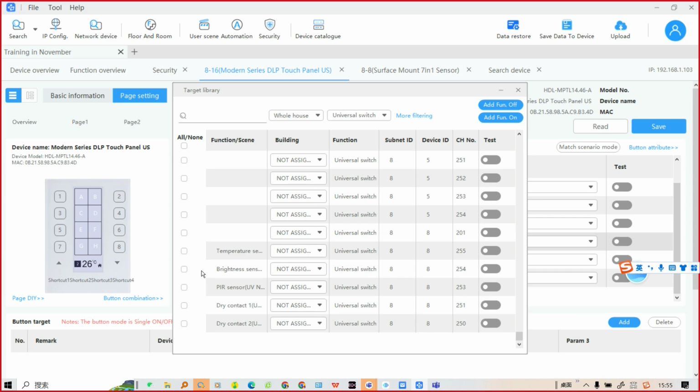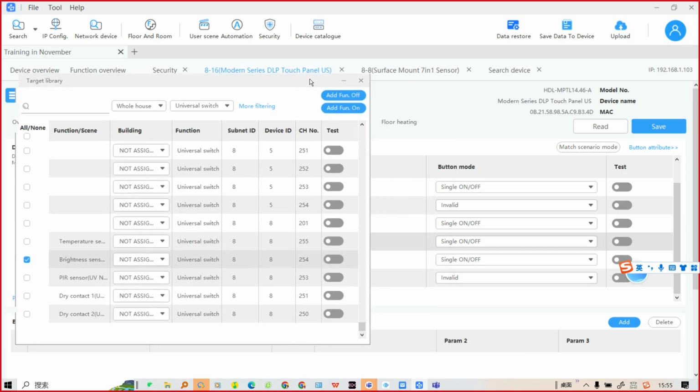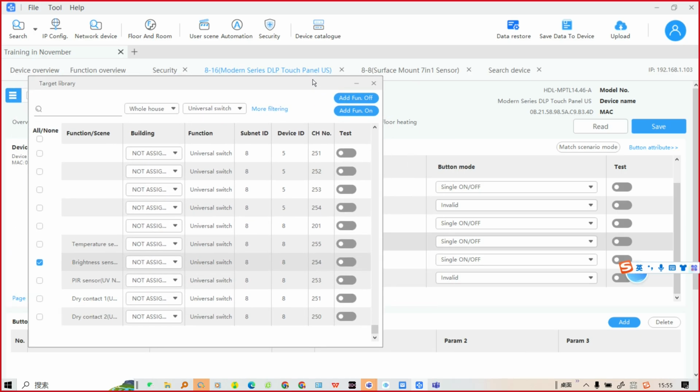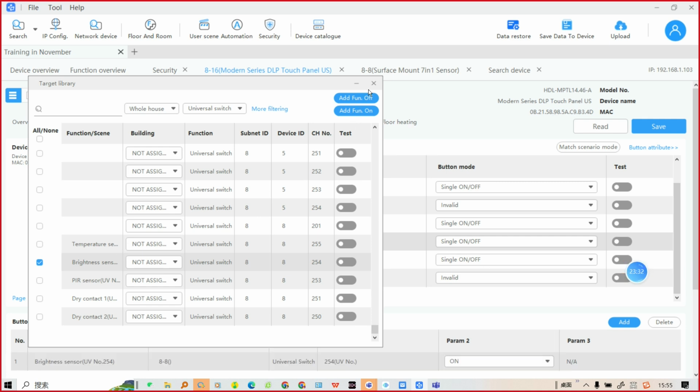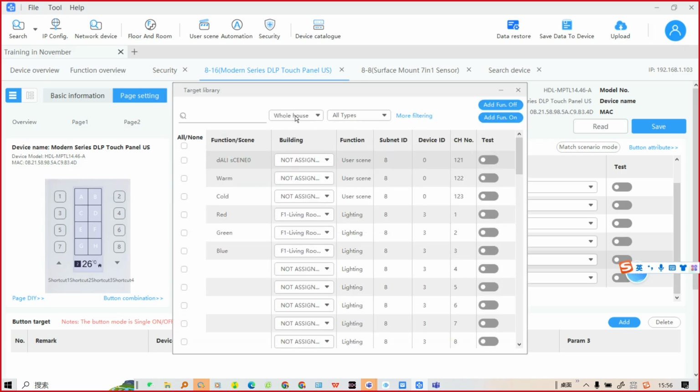You can see this is the brightness sensor. As I don't want it to work, I can just disable it to turn it off. Normally, if you just want to disable it, you can select single off here. But I want this button to be able to enable and disable the sensor, so I use single on and off and add. And also for the PIR sensor, you need to